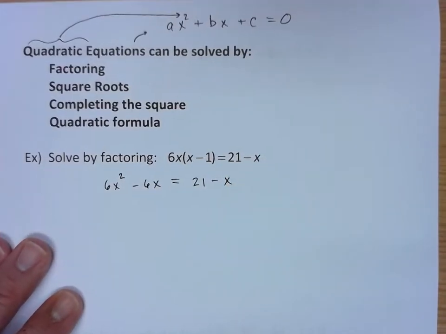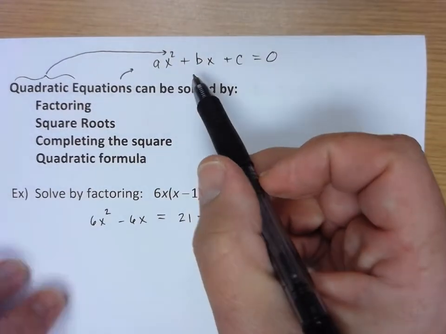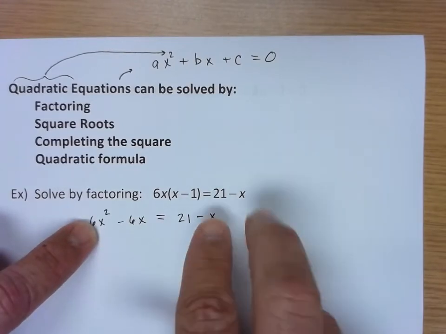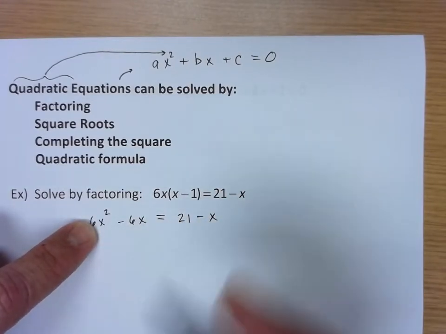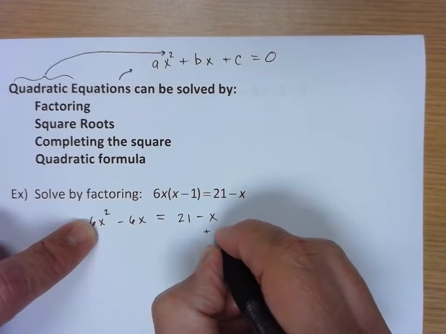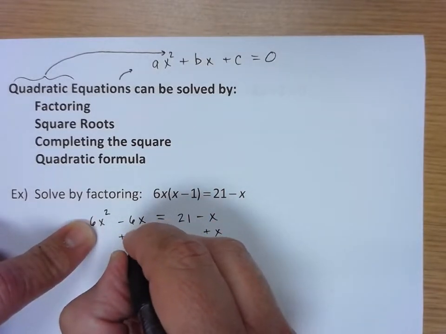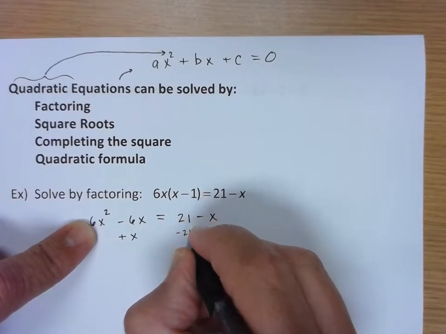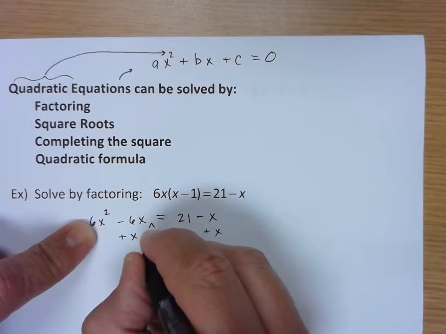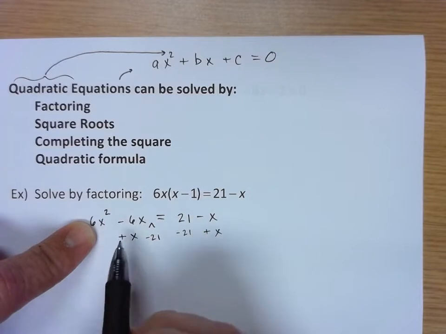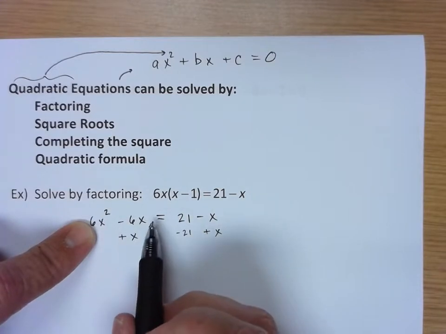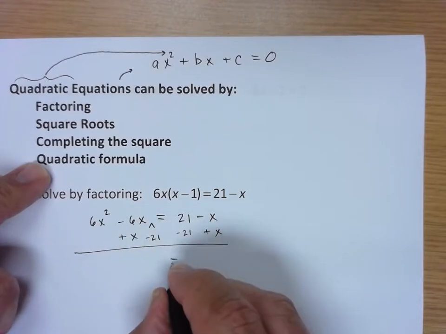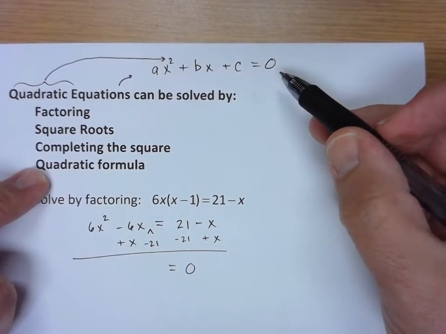So in order for me to get it into that standard form, I've already got the x squared on the left, the 6x squared here. I'll bring these other two terms from the right over to the left by adding the x, and that'll combine with the negative 6x that's already over here. And I'll also want to subtract the 21 and possibly wedge it right there before the equal sign. That way the right-hand side does fully become 0 like you want it to in this standard format.